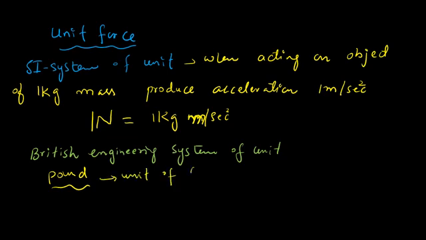We represent the pound by the symbol lb. How can we define this unit of force? Pounds in the British engineering system: a force of 1 pound when acting on an object,